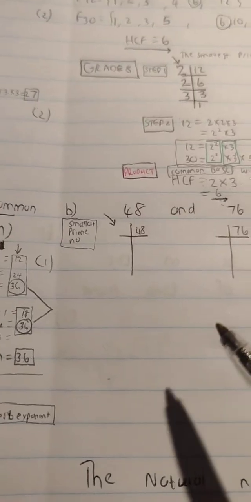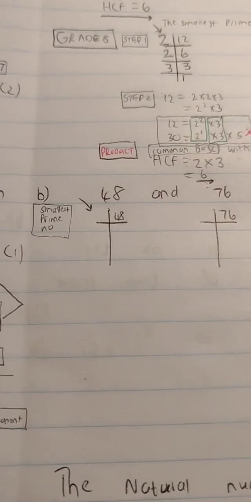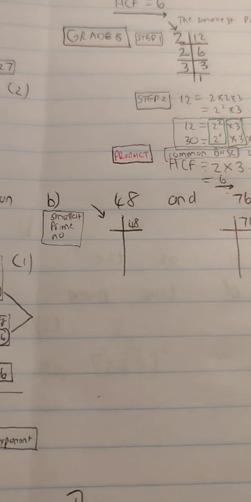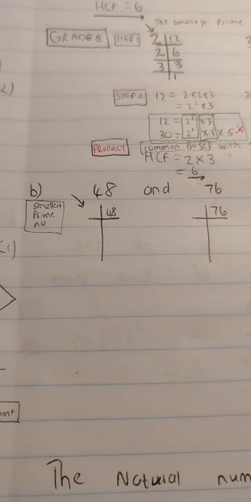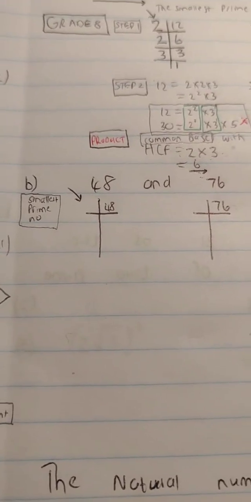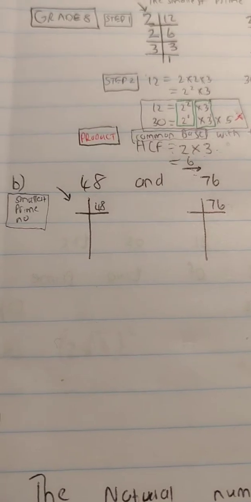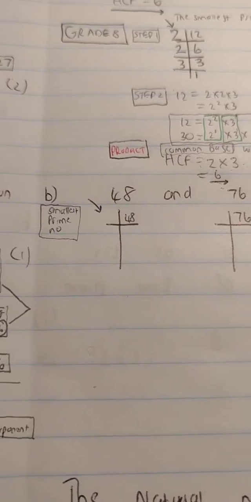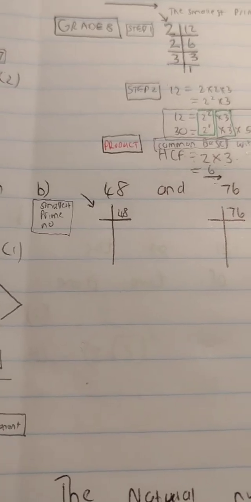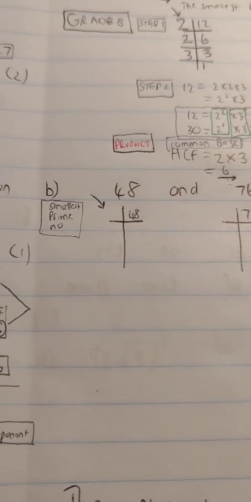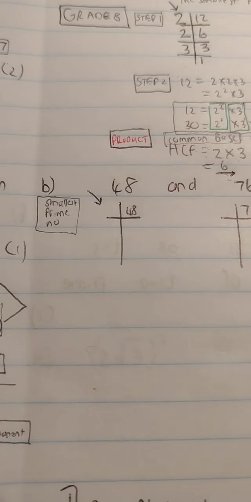Okay, so please, guys, there shouldn't be any hassle identifying the smallest prime number. There are more numbers between 1 and 100, and it becomes your responsibility to actually print out that chart of prime numbers, stick it up on the wall where you can see it all the time, or ask your mom to laminate it for you and you can stick it up on the fridge so that every time you think of going to the fridge